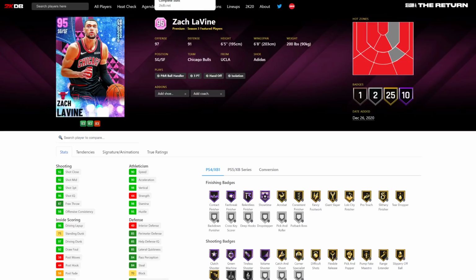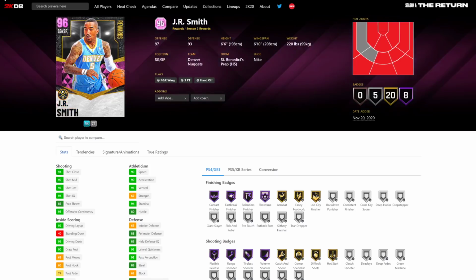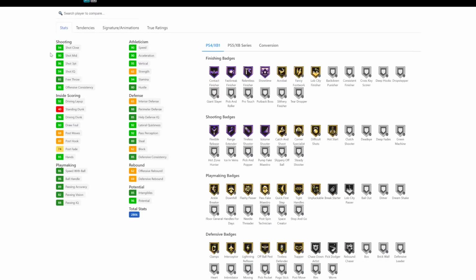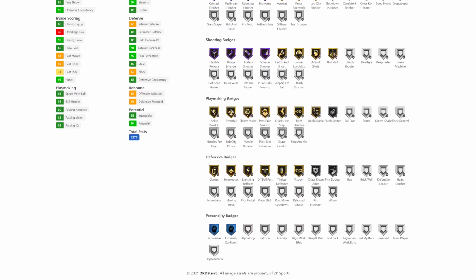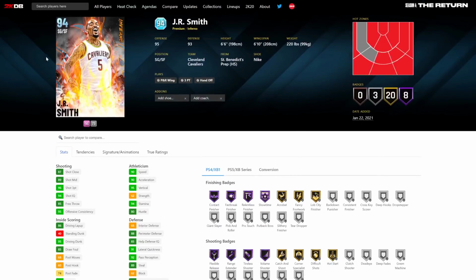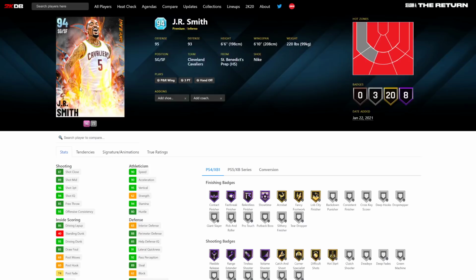At number 7, we have got Diamond or Pink Diamond J.R. Smith. They're the same thing. I'm sorry, what are the 2 extra silver badges? He gets like Silver Rebound Chaser, Silver Lob City Finisher. Or is it Lob City Passer that he gets? A Lob City Passer. That's the difference. These cards, you will not notice the difference. And we're going to put the Diamond in here because, well, the Diamond's affordable and the other one is like